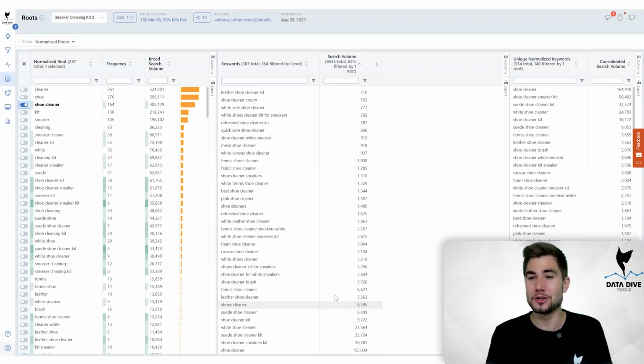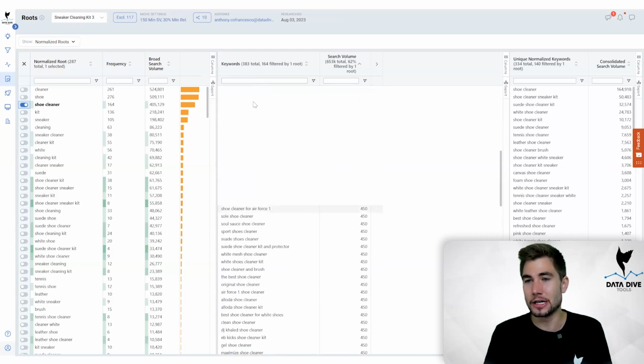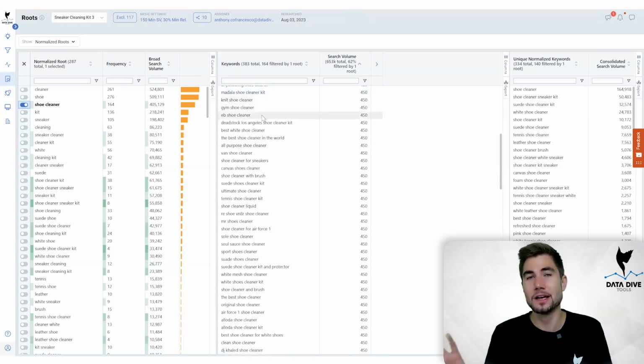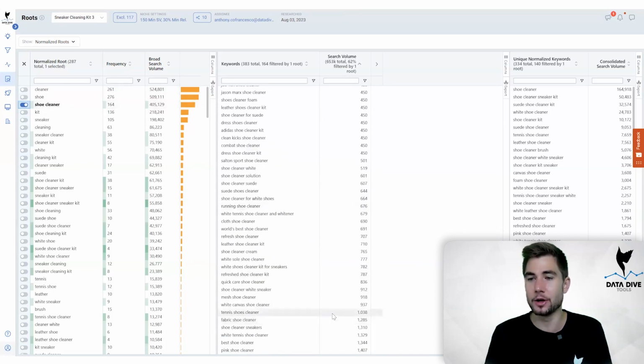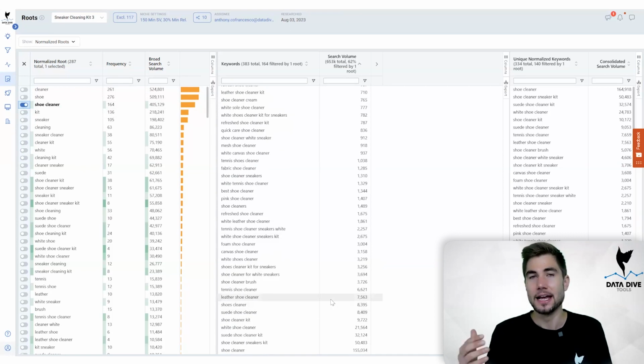And that would be a bad strategy, to focus on these long tail keywords all the way down at the bottom of the list. All that you have to do to work with the algorithm is put in these two keywords and you're going to get credit. It's going to have a halo effect across all of these. And so that's what you saw just happen in the listing builder.